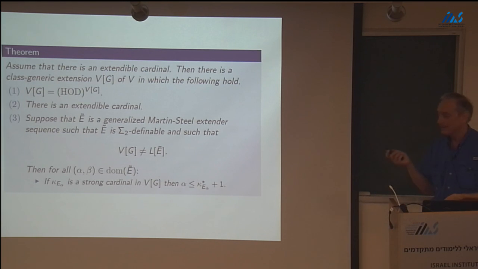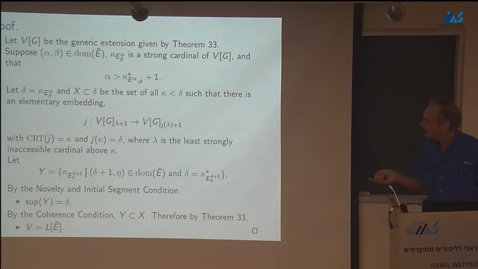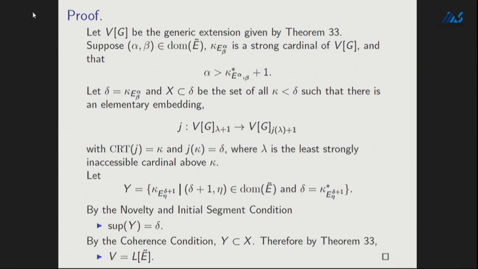And this is any sigma 2 definition. So you can't revise the initial segment novelty condition by any sigma 2 condition. Otherwise you would violate this. Okay, and this is just an immediate corollary, and here's the argument. And I want to finish, and I have 2 minutes, so I'll just leave it for the notes, but it's an easy corollary. It's the coherence condition that's giving you the images, that set Y.